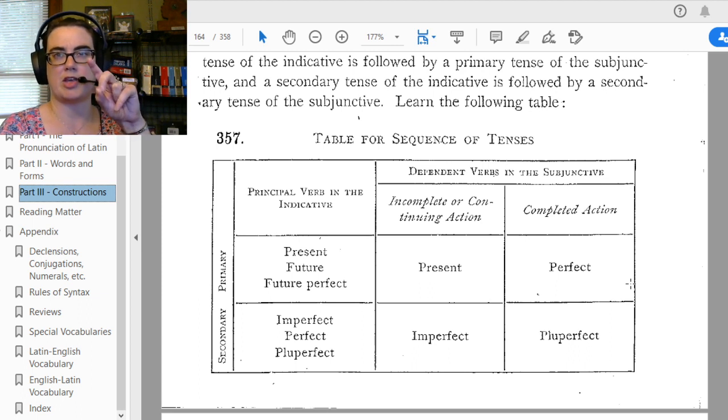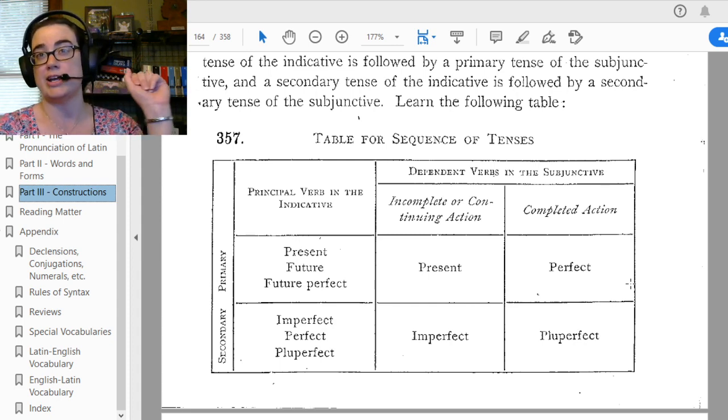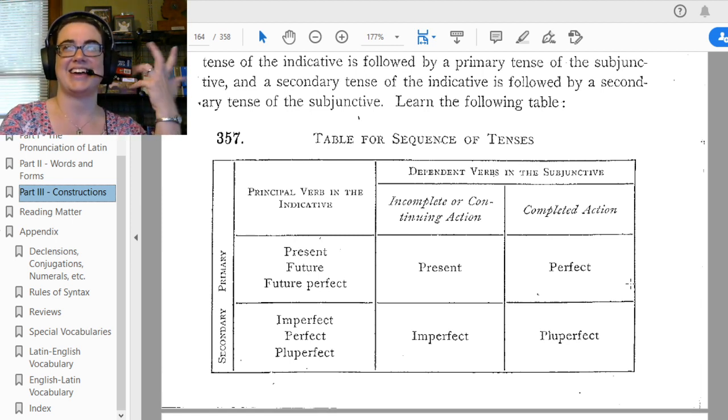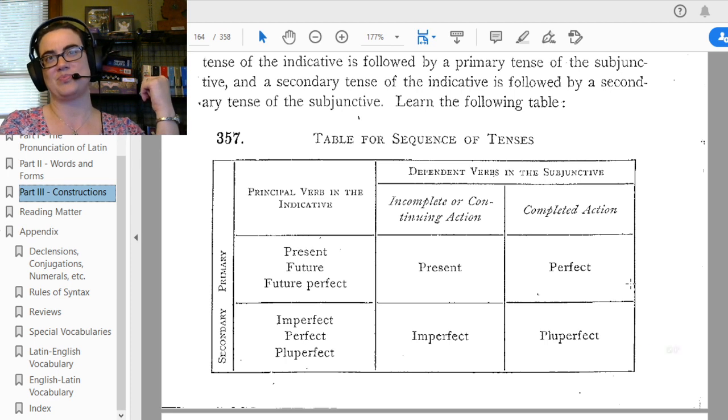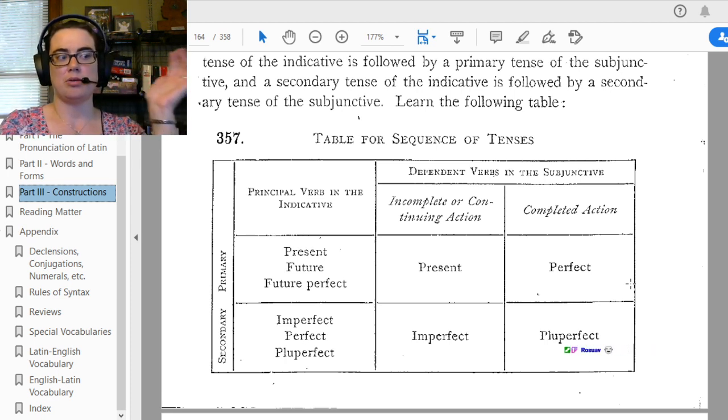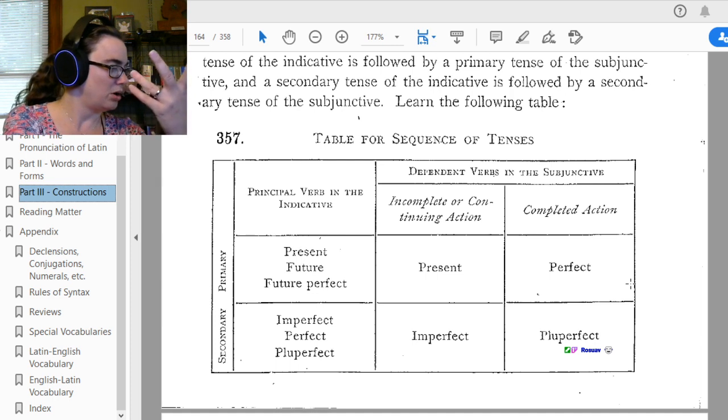I'll think of a good example once we learn the perfect subjunctive. Right now, I can't think of any good ideas. I guess indirect question. We haven't learned indirect question yet, but it is when you are using a verb of the head and then some sort of question. So we'll go back to this question about